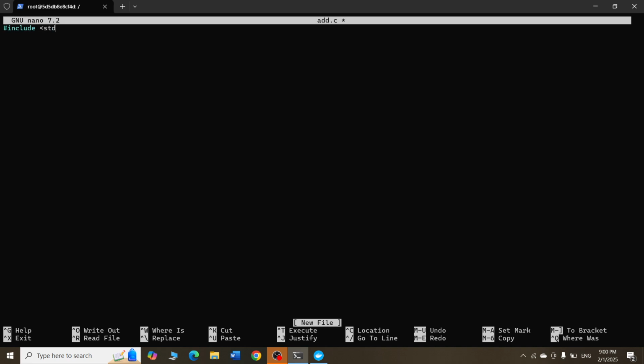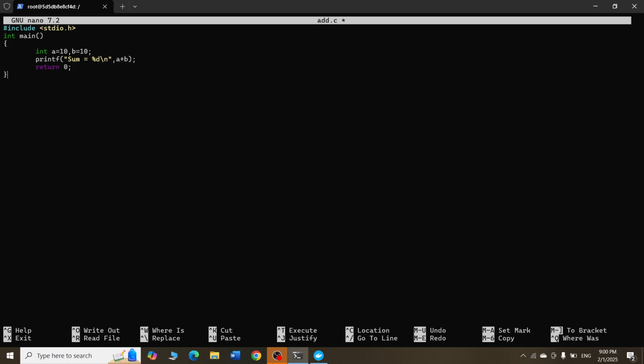I say hash include stdio.h, and then int main, and then int a equal to 10 comma b equal to 10, and then printf "sum is equal to %d \n", and then a plus b. I'm just trying to print it, and then I say return 0.